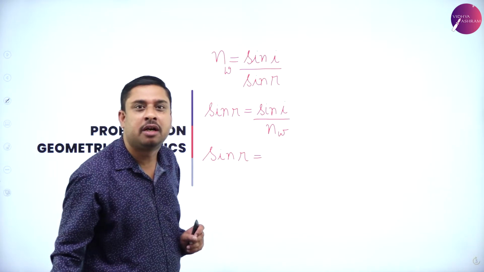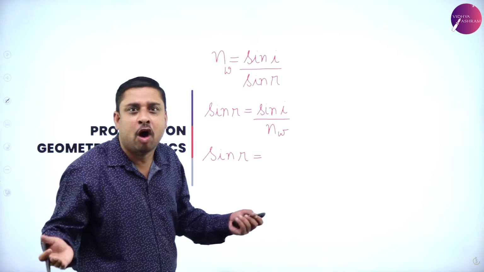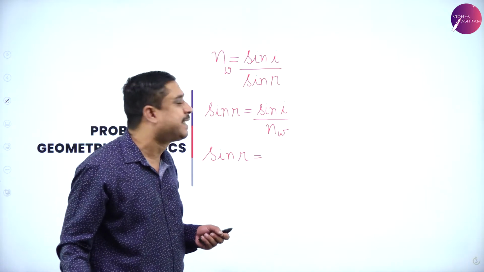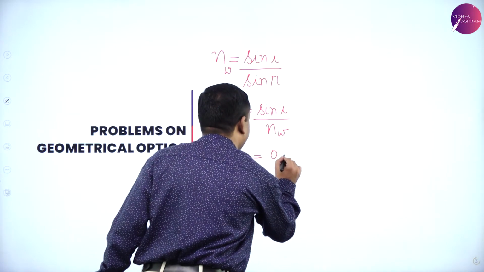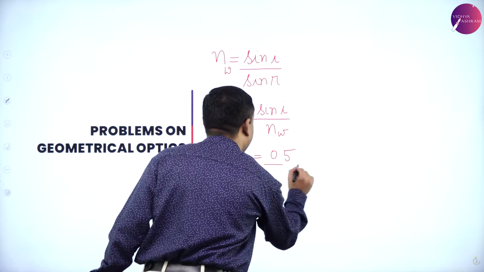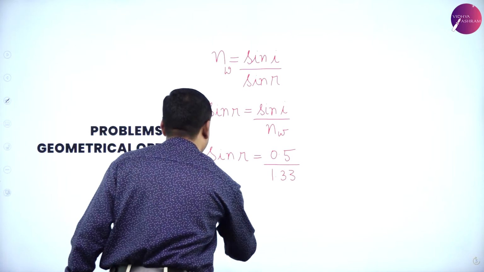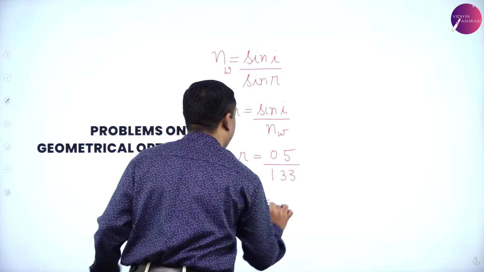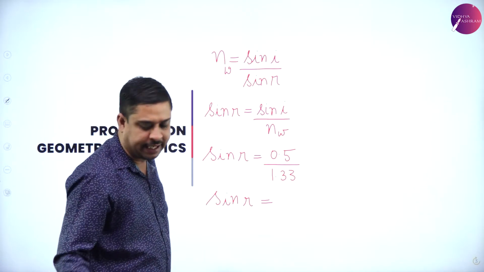So from your logbook, sin 30 or general trigonometric table should be at the tip of the tongue. So this is 0.5 divided by 1.33, which means sin R is, so when we divide, we get